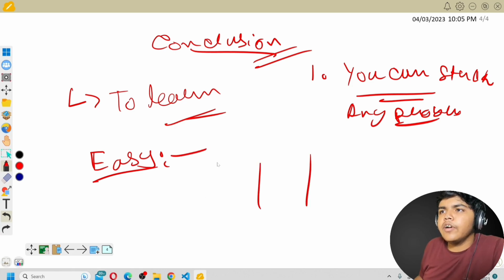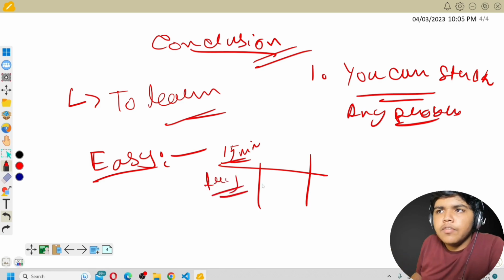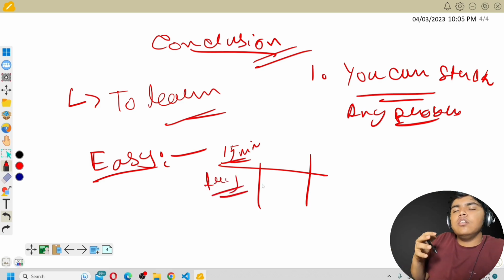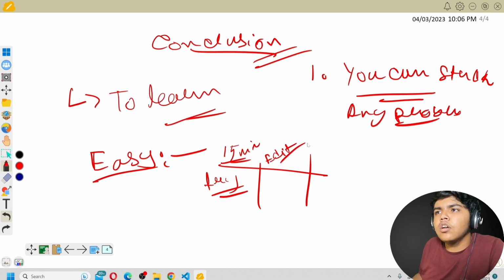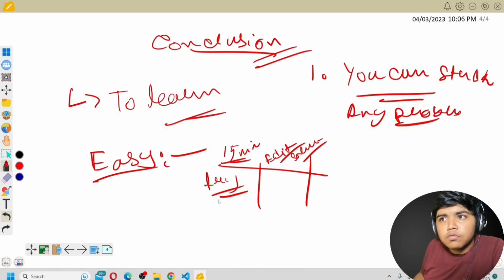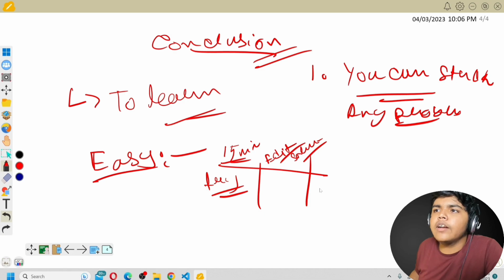At first, try it yourself for 15 minutes. If you are not able to solve it, then you can look at the editorial or solution part in LeetCode. Please don't copy paste the solution. Try to understand it